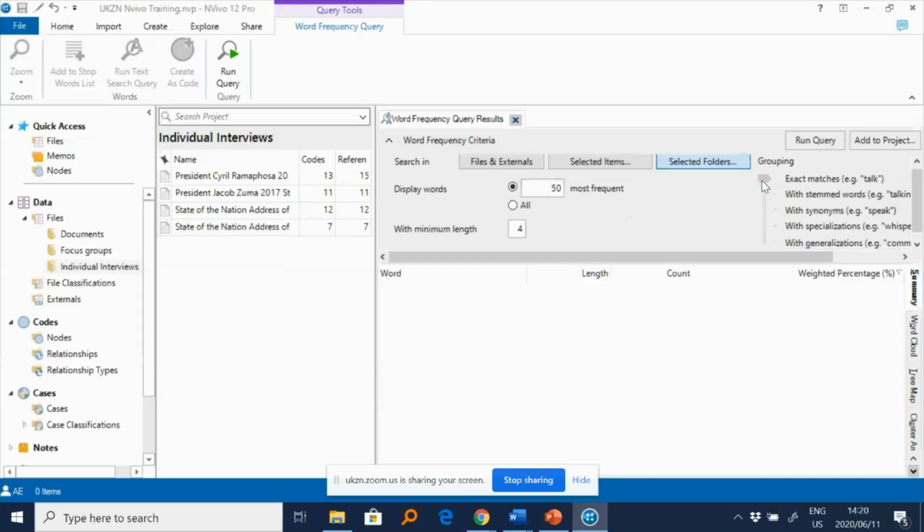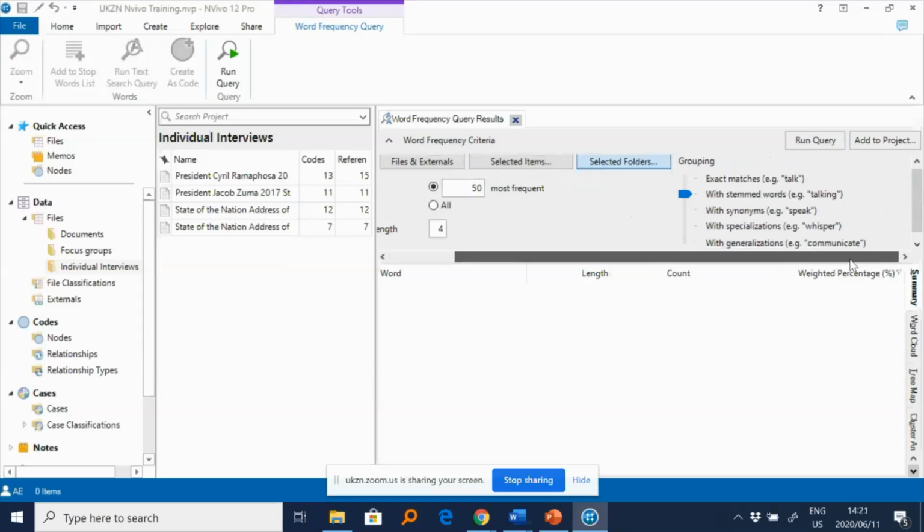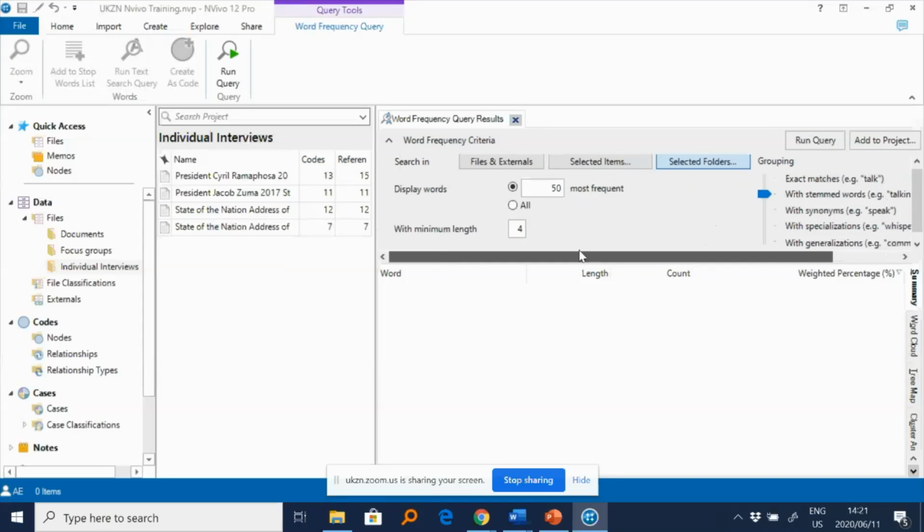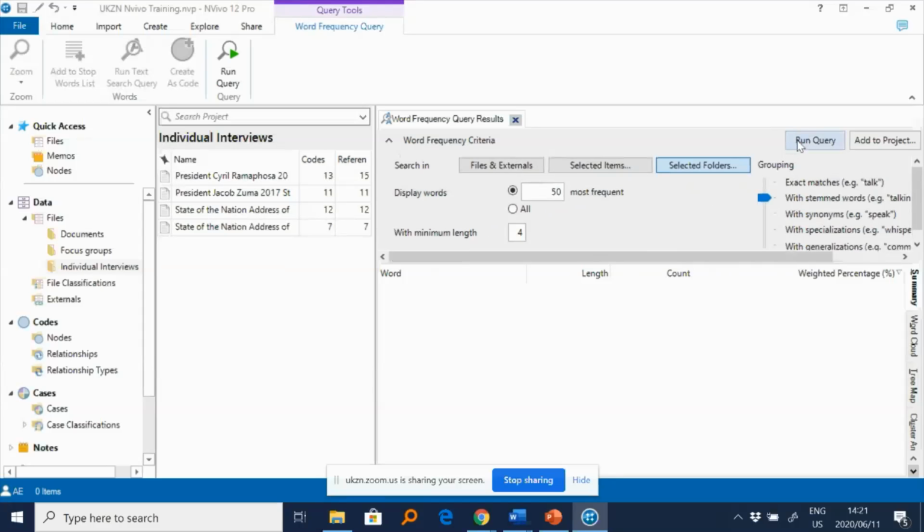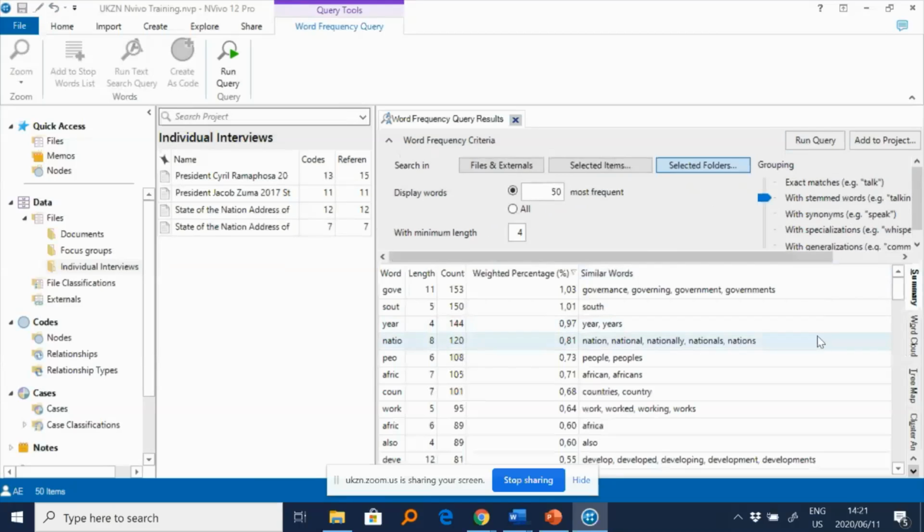And then I'll choose this option to stem the words because I want this program to group things like talk, talking, government, governments, governmental, governing, governance, together as one. Once you've done that, you click on the option that says run query, and it gives you the result.